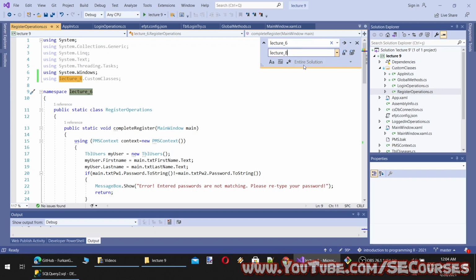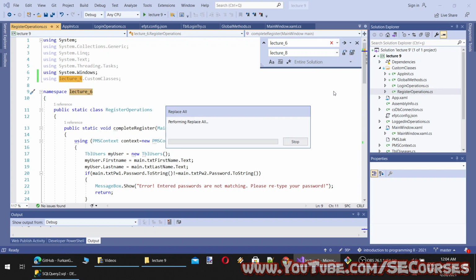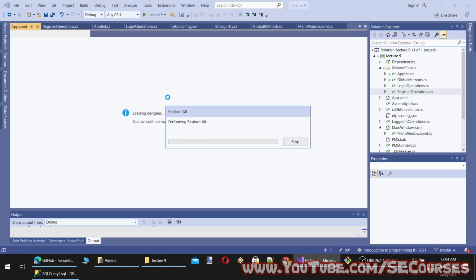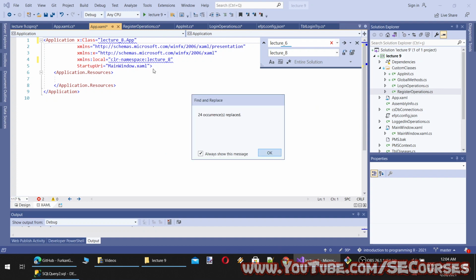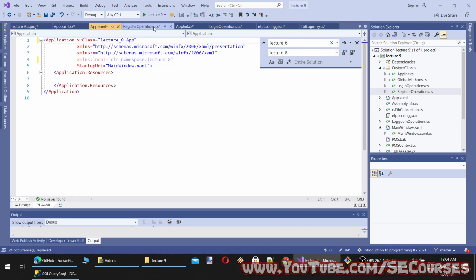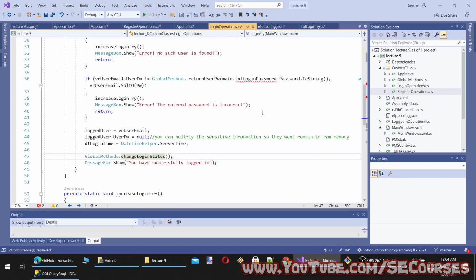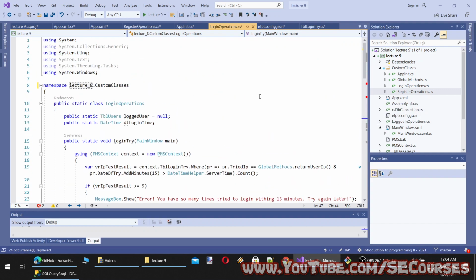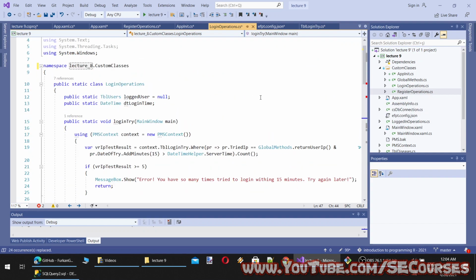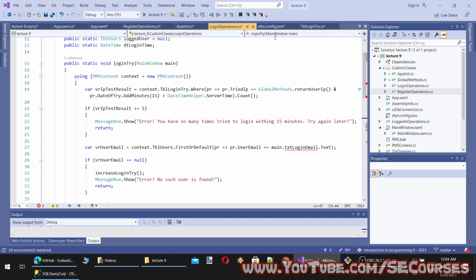If I do that with the entire solution, everything will become lecture 8 simply. However, it may break our application. I am not sure. We will see. I hope that it won't break, because I didn't take any backup. So it says it is not accessible. IntelliSense should update it.